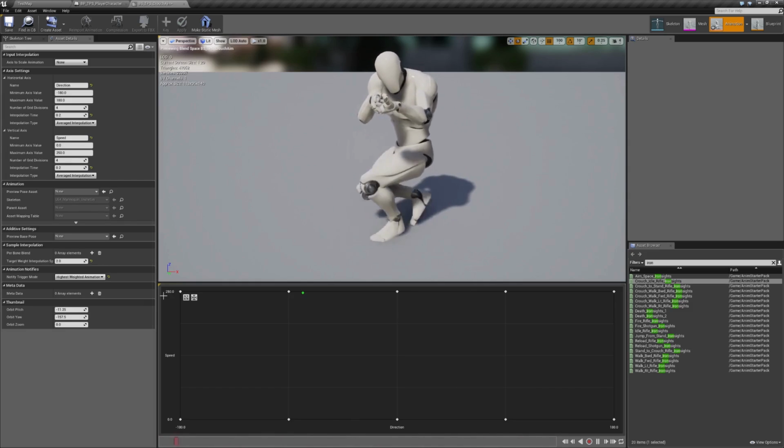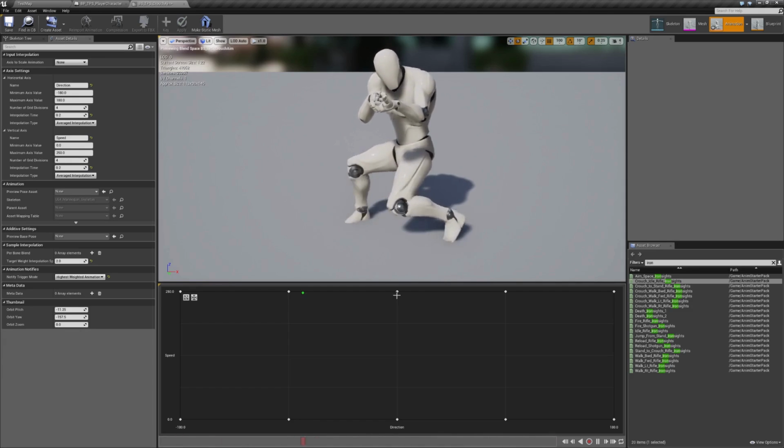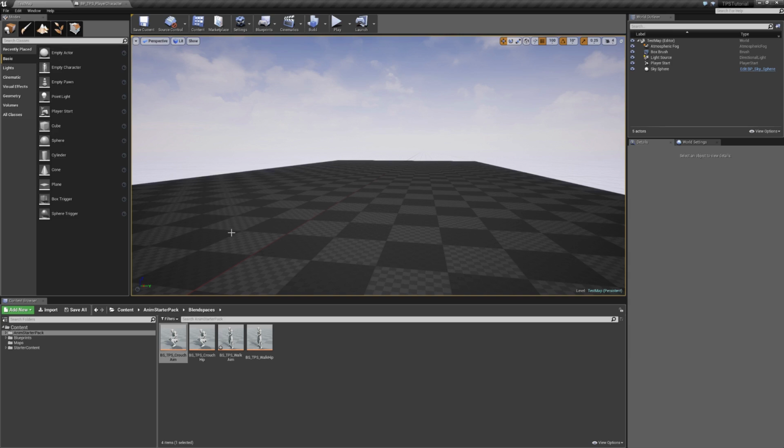The animations for having the iron sight in the crouch position, as well as not having the iron sights, are the same. So the animations pretty much play at the same rate. There's no real distinction there. So I'm going to go ahead and hit save, close this. And back in our main window, we're going to have to open up the walk aim animation that we just created,